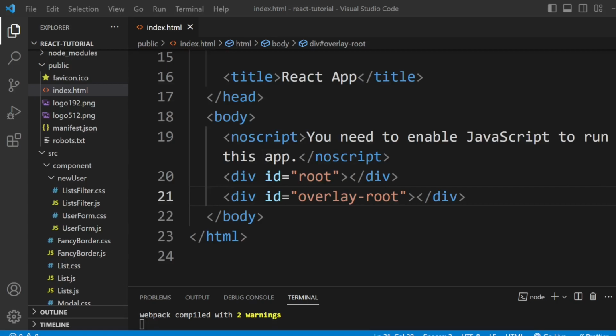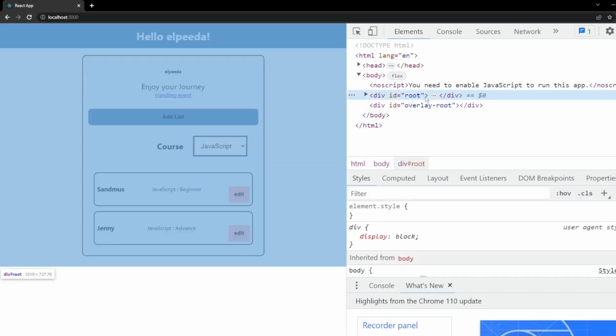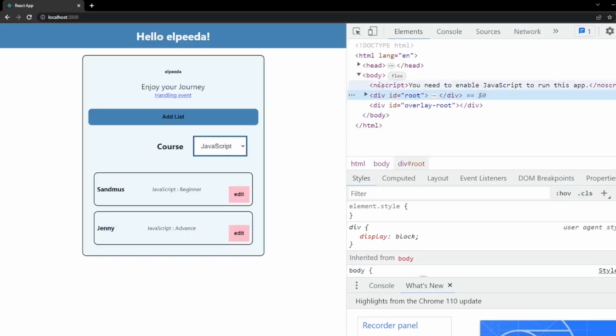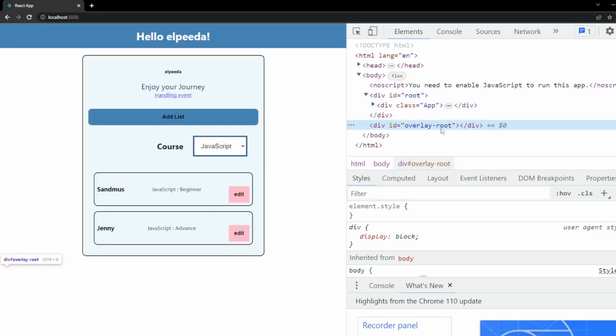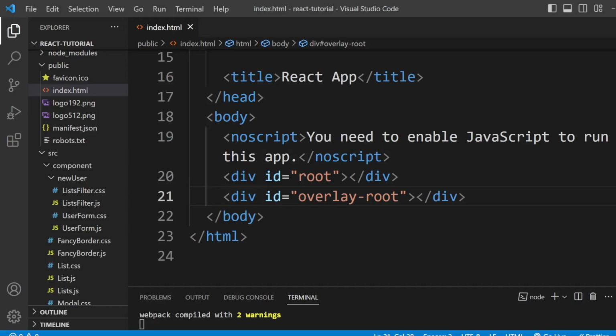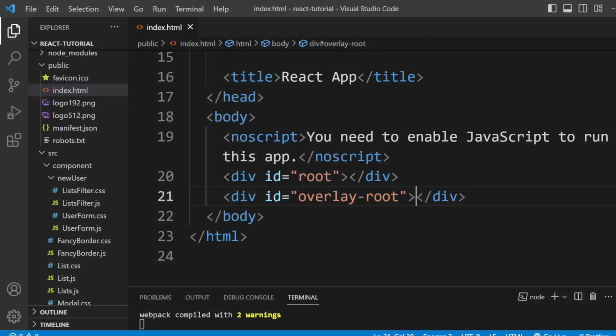Now if you peek into the dev tools, there are two DOM trees that exist. The root DOM where every component is nested inside, and the one we declared, the portal DOM node, where we are going to place the tooltip component. In the second step, we will call the createPortal method, which is a DOM specific method imported from the React DOM library. First, we are going to create a new file for our component,